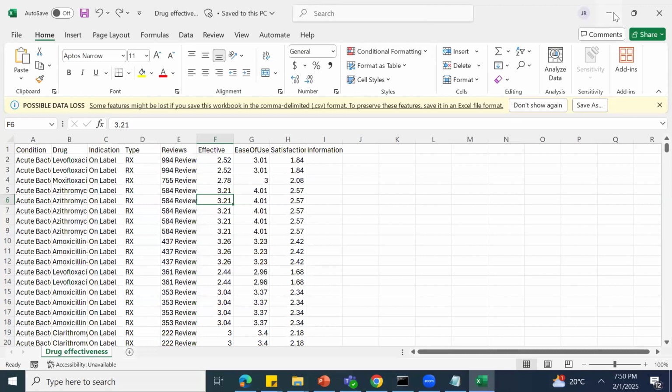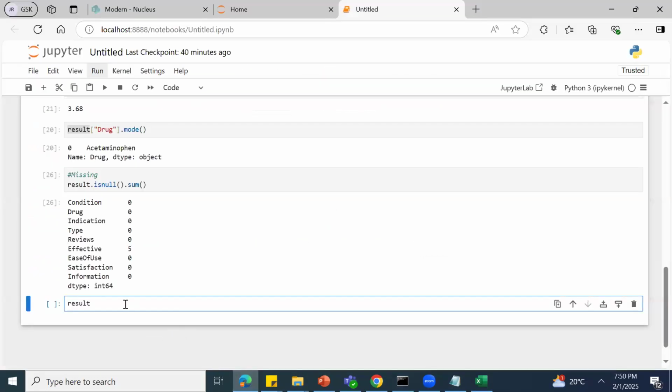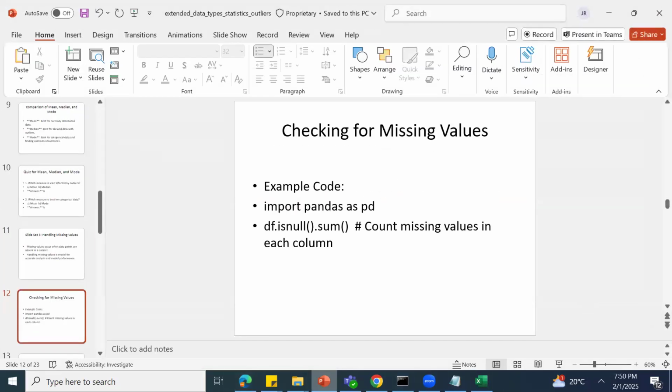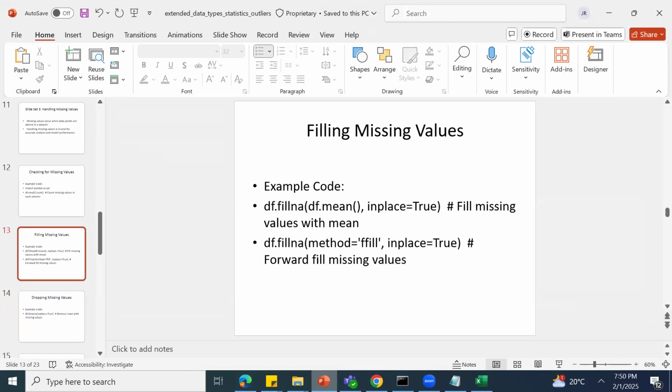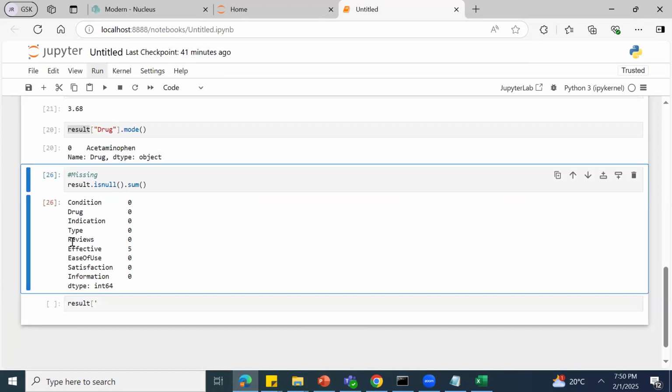So let's see how to fill the missing value using Python. My missing value is in the column called